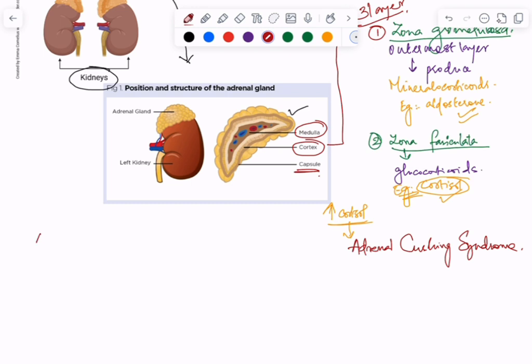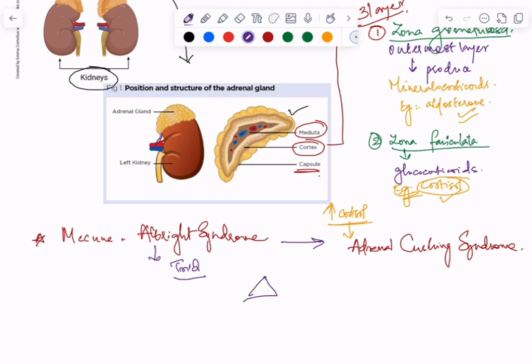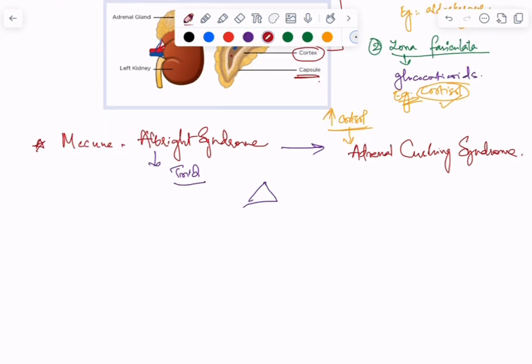Here, I will explain one more thing: one more syndrome, a genetic disorder, McCune-Albright syndrome. Actually, this syndrome can also present as Cushing syndrome in affected patients. There is a triad for this McCune-Albright syndrome, and I will tell you that triad also. This is also important. The first of the triad is precocious puberty,